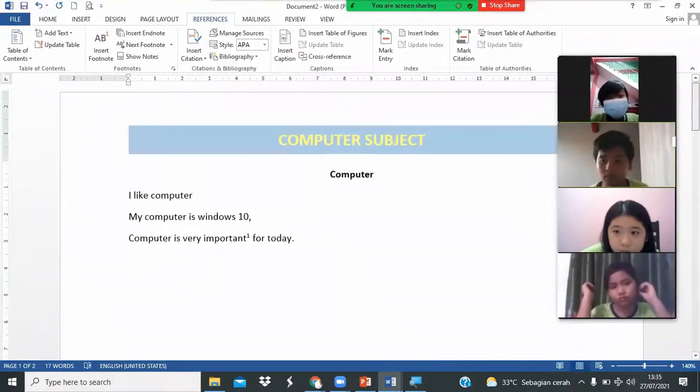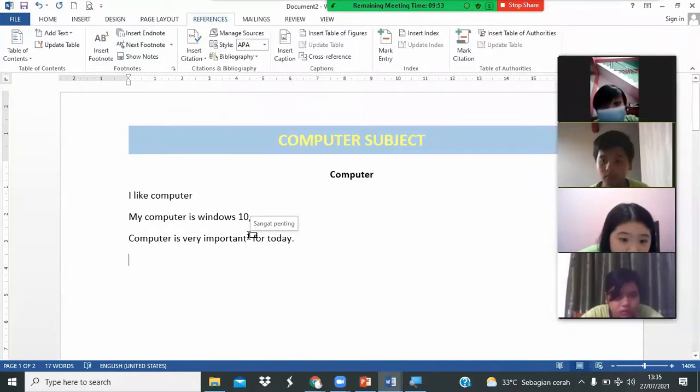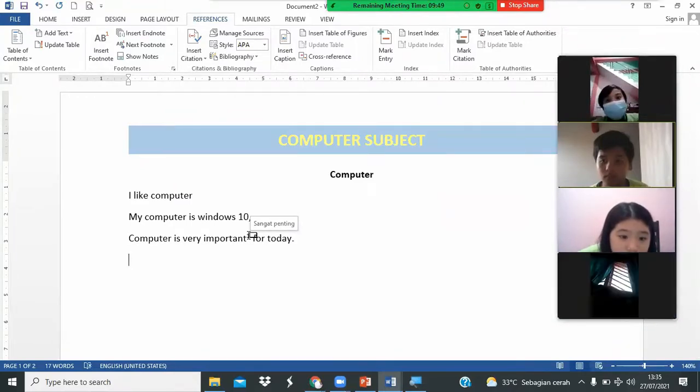Okay. If you move your mouse pointer here, you can see the text. Look at that. What is this? What is that, Evelyn? You can read. You cannot see this one, the text, footnote.